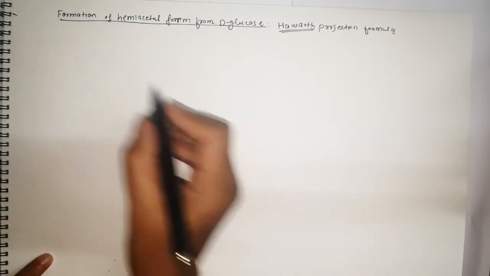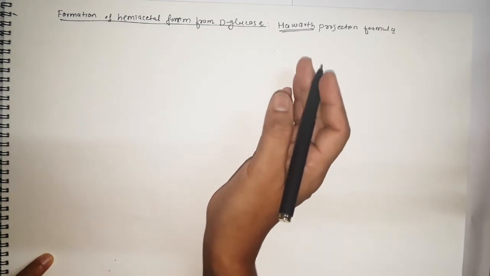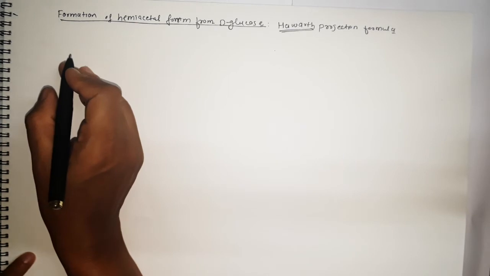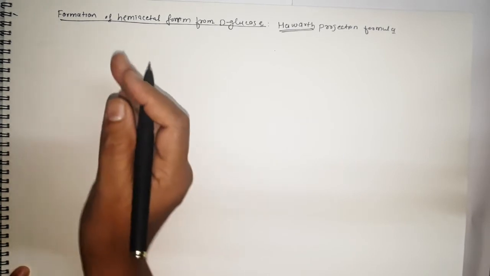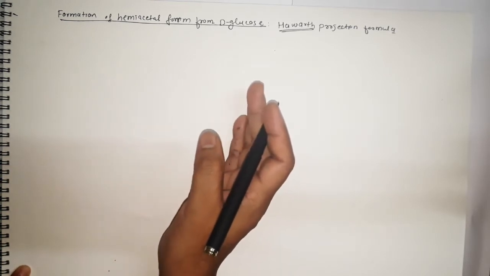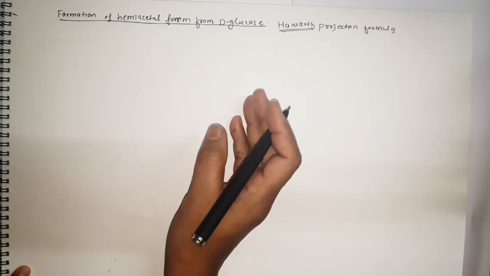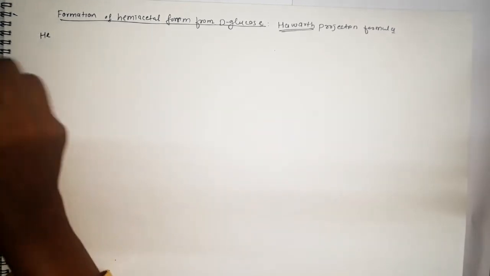So this open chain structure of glucose is converted to a cyclic structure by hemiacetal formation. So what is hemiacetal formation? This is a characteristic reaction between the aldehyde group present in the glucose molecule and alcohol. So in glucose, this hemiacetal formation reaction